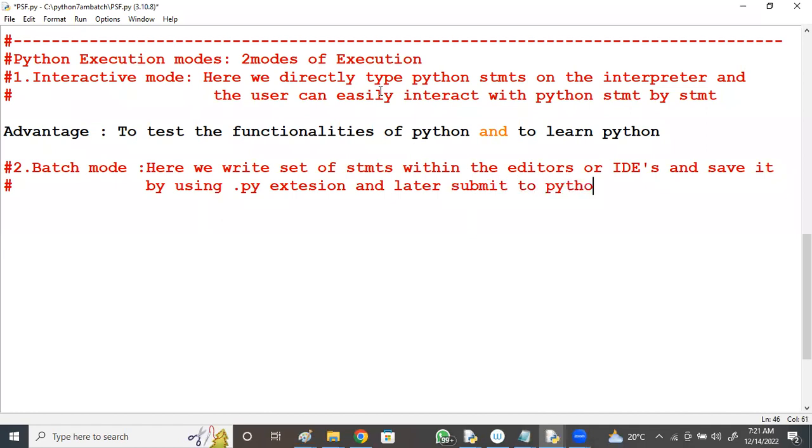What are the various editors and IDEs where we can write the Python code? Various editors means, for example, within Notepad you can create a .py file. Also EditPlus, within which we can write the code and execute.